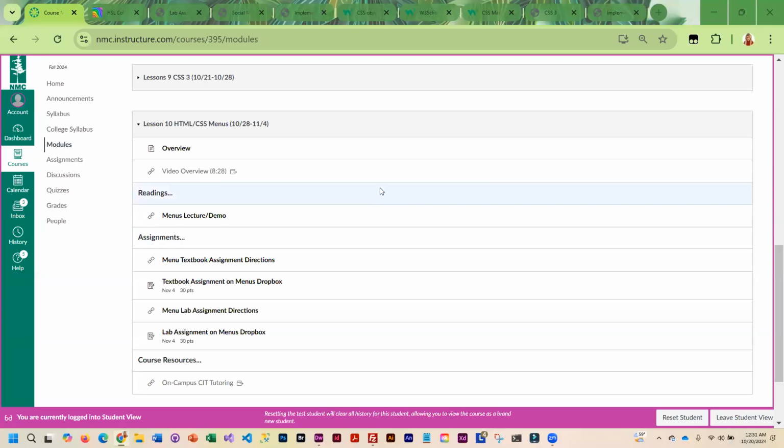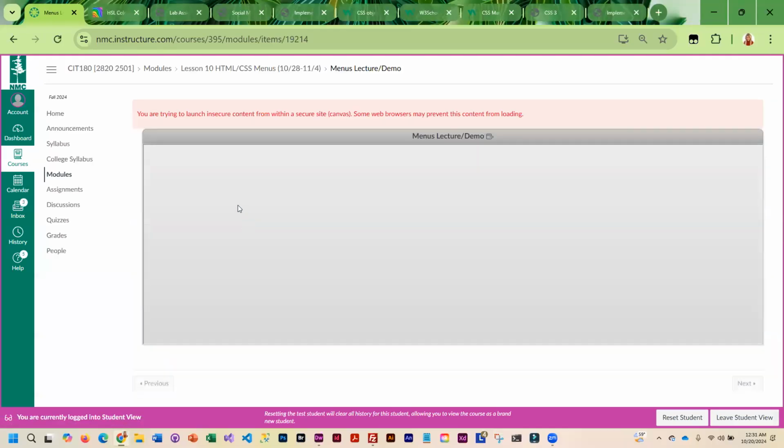So this week we are going to be taking the CSS that we have been working with, and we are going to use it to create HTML menus. So there are no new web readings today because it's all CSS, we're just going to put it together in a little different way. So the lecture demo